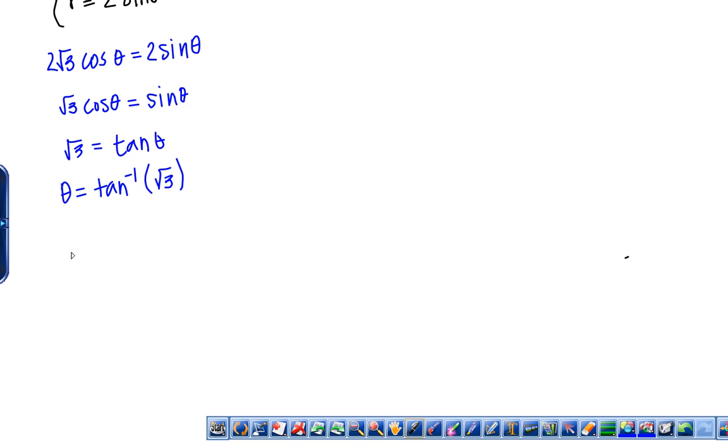Okay, if you were to look at this, I'll draw a graph for you. So all students take calculus. Tangent is opposite over adjacent, so this is root 3 over 1, and this is 2. So it looks like this is, what, a 60-degree angle? So my general solutions